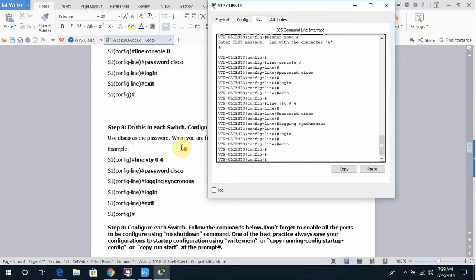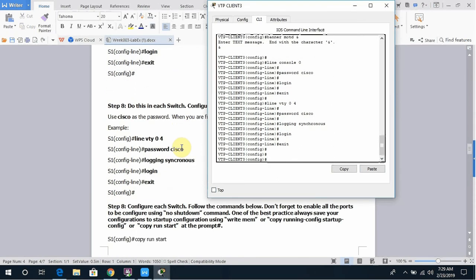There you go. Then the next step is to configure each switch. Follow the command below. Don't forget to enable all ports. Configure using no shutdown command. One best practice, always save your configuration. So start out configuration using write mem or copy running-config startup-config or copy run start at the prompt number sign. So before we do that, let's put an IP address,